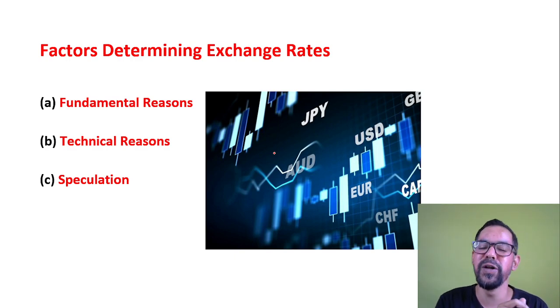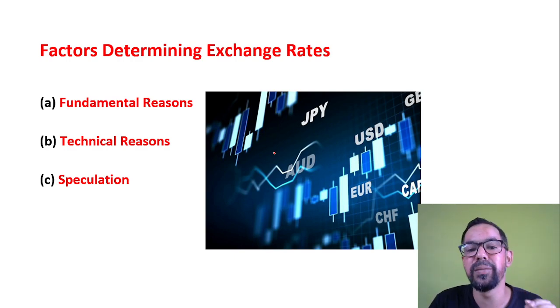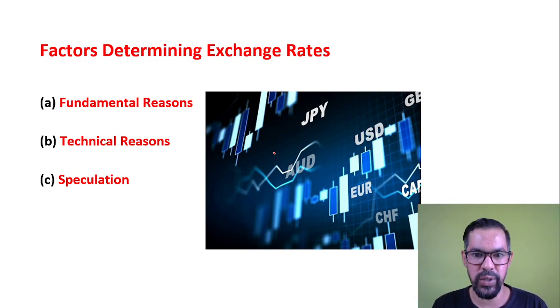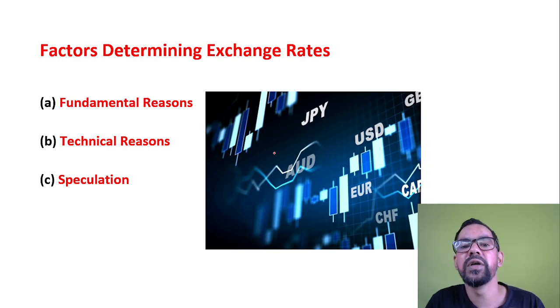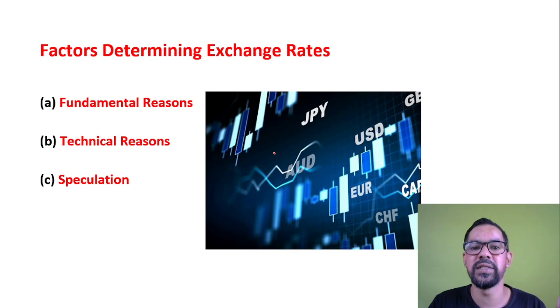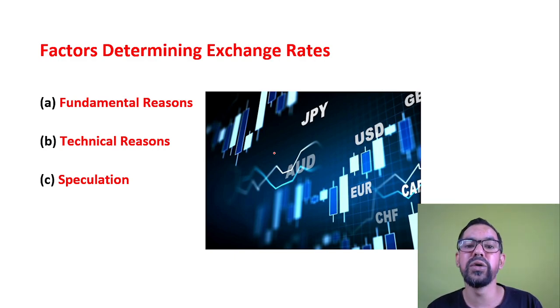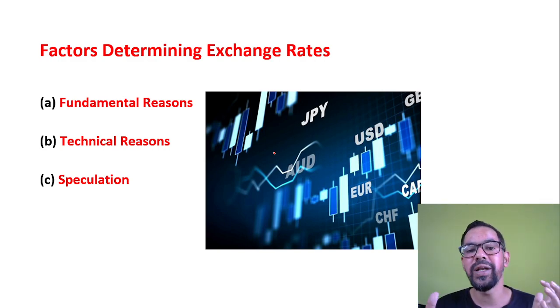Now we will talk about the factors determining the exchange rate. As I told you, for $1, let's say you have to pay 82 rupees. So what are the factors which lead the prices? After some time, there are some factors, some outcomes, saying that after 2 months, for $1 you have to pay only 80 rupees, or you have to pay 86 rupees. So what are the fundamentals? What are the factors behind this?